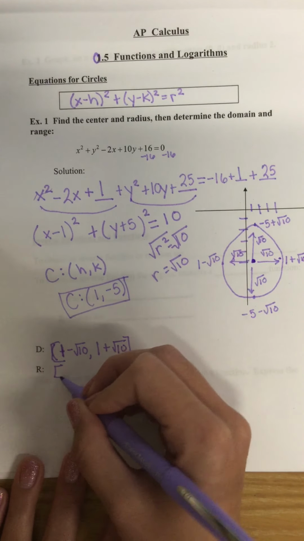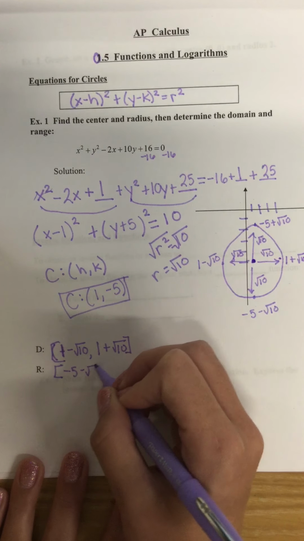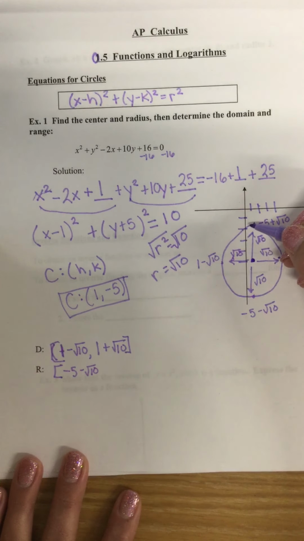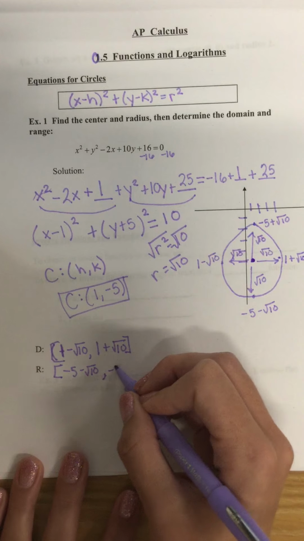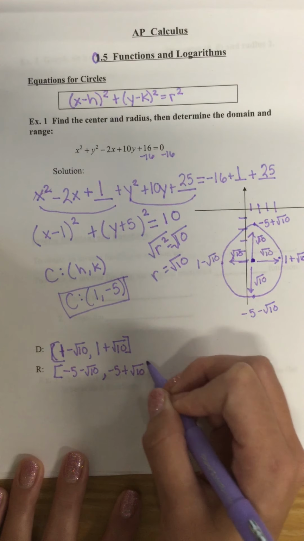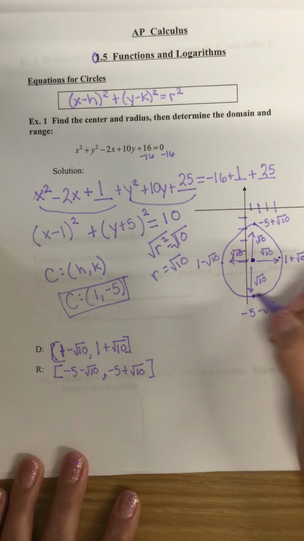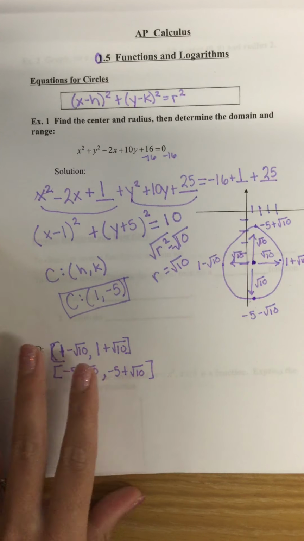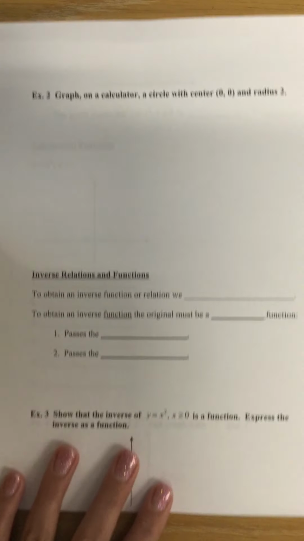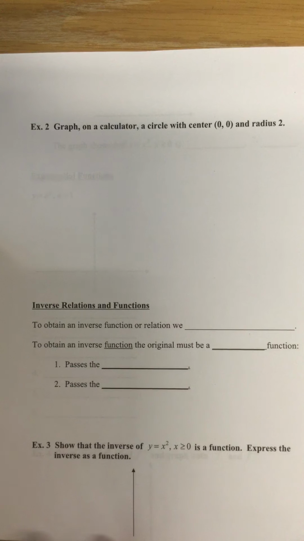And then our range is going to be -5 minus square root 10, where we're starting on the y, all the way up to -5 plus square root 10. Close brackets because these are points on our circle. And we completed the square. Wonderful. Yay, yes. Okay, so now it wants us to graph on a calculator a circle with a center 0,